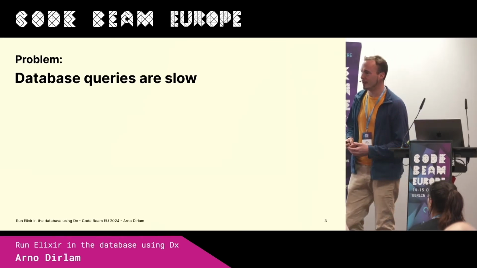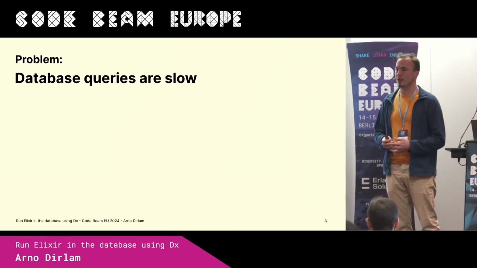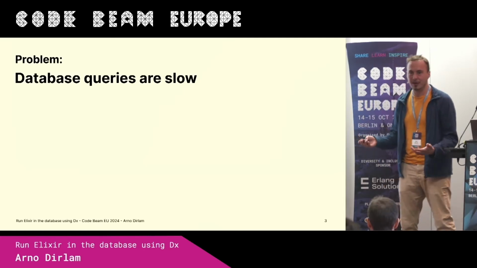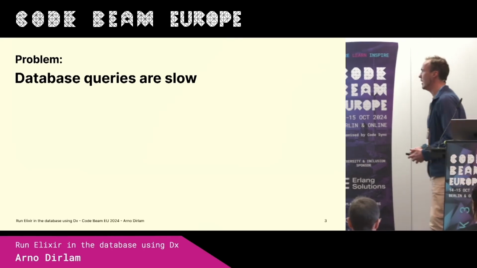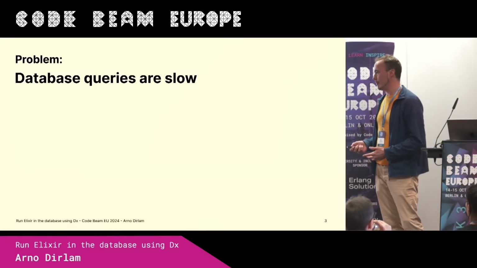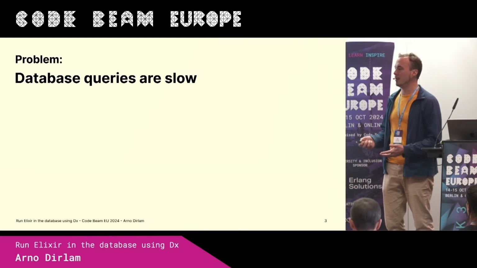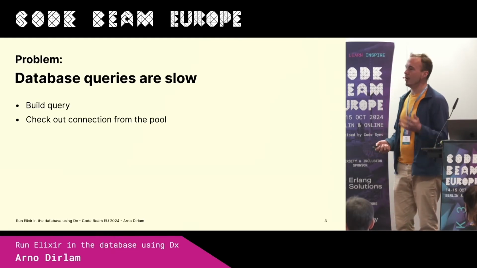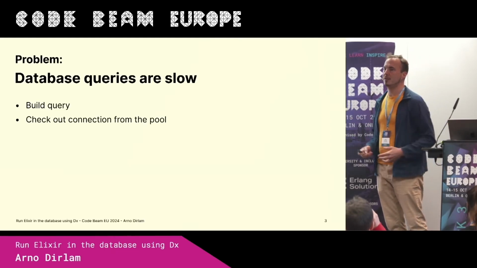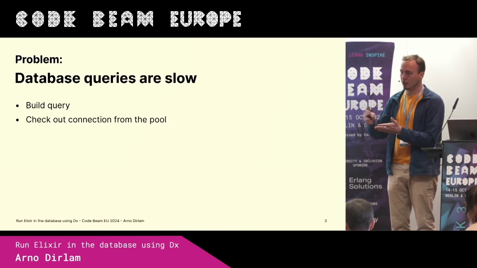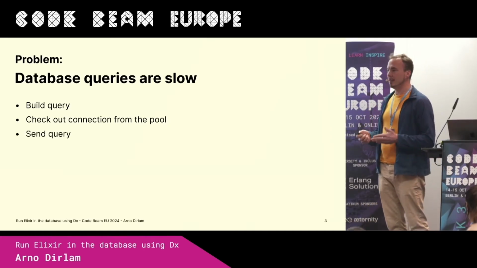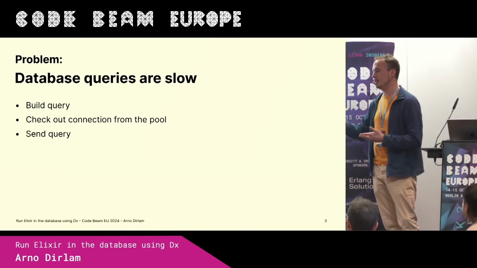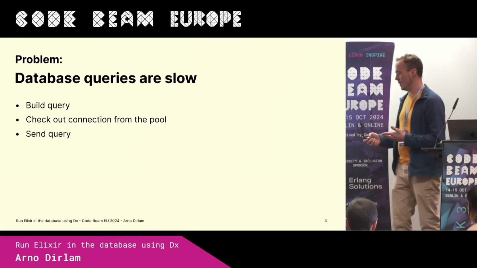So database queries are much, much slower as compared to running functions, like say compared to having the data in memory, in variables, and so on. And that's, of course, obvious if you look at it at a bit deeper level, because you have to not only build the query, you have to check out a connection from the pool of database connections, so that already involves a separate process. You have to send the query to the database through the network, which can cause latency and might take several hops.